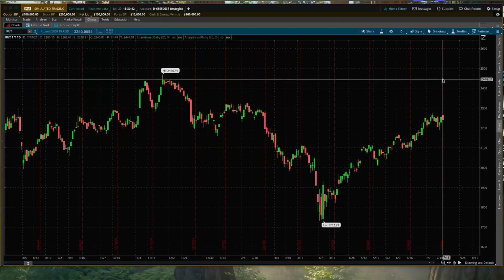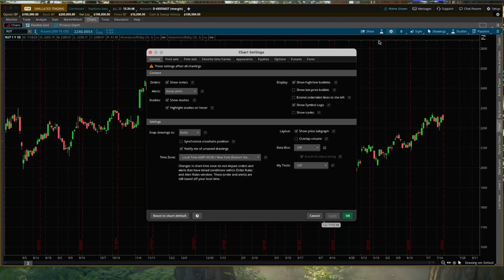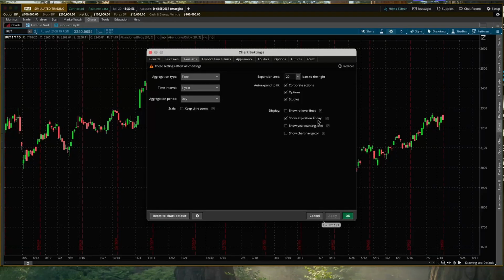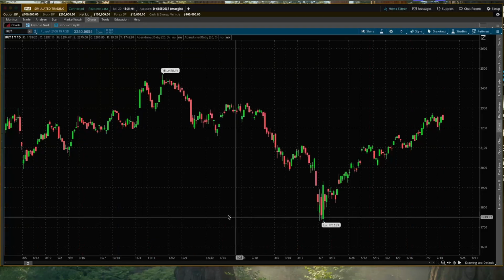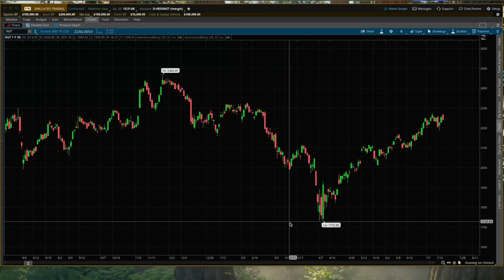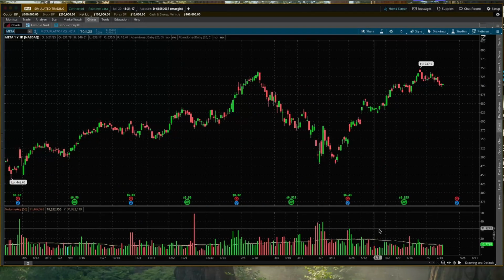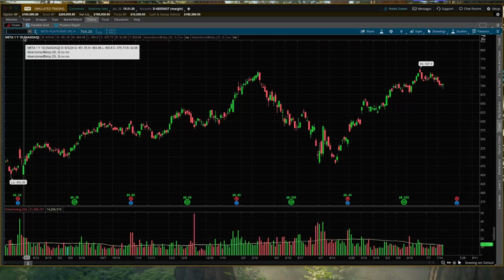2000. So if you would like to get rid of these red vertical lines, go to chart, go to time axis, show expiration Friday, uncheck this, apply. Okay, we got rid of this. When you remove this, it also removes the volume bars on the indices, but it keeps the equities still on. So if I select, do you see the difference? If I leave this the SPX,